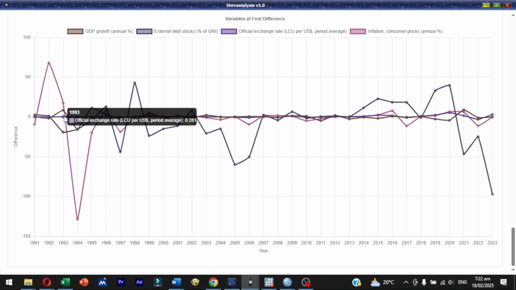but not very stable, as you can see, because for inflation, the only periods that don't look stable are this period, from here to there, and the period from here to there. Okay, but for external debt stock, what we can see is that here it wasn't that stable, and here it wasn't stable either, and again here, and here, and here,